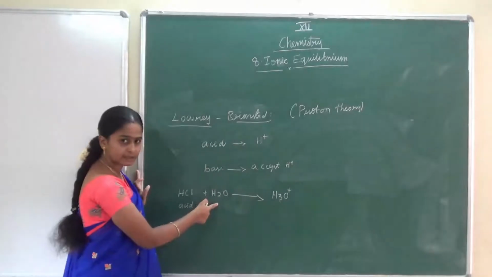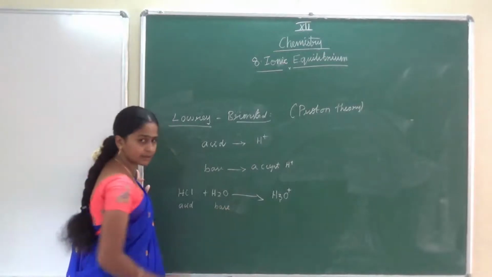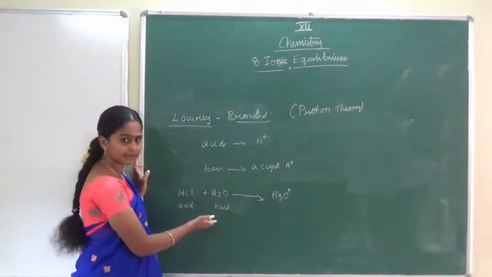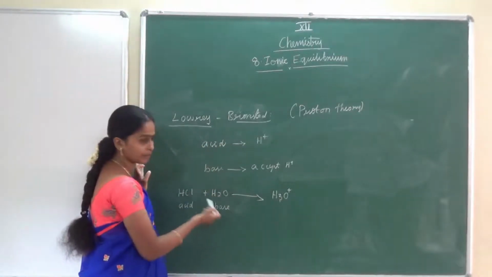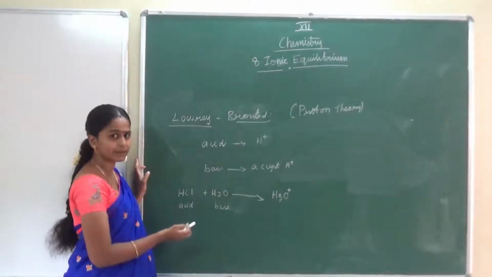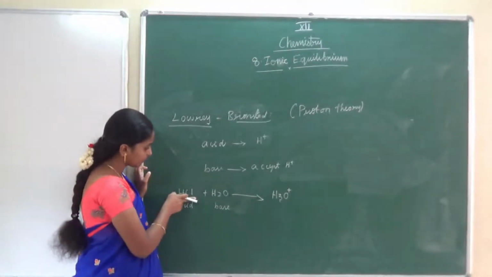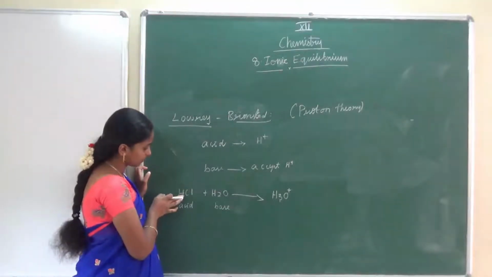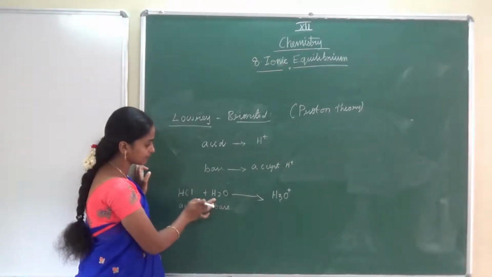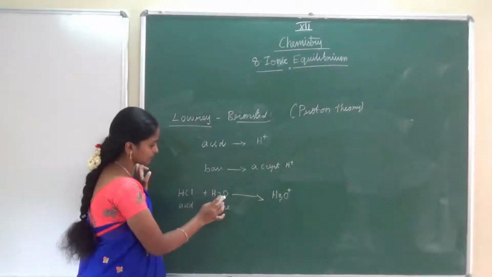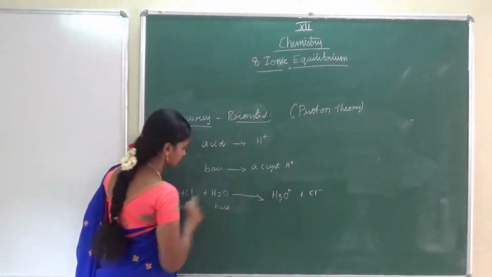Okay, so it has a tendency to accept the proton. So we can say this is a base. Can you understand? Now the water is acting as a base here according to Lowry-Bronsted theory. From here itself we can say it has some limitation. We are going to see that also. So now HCl is the acid releasing H plus. Here the base is accepting H plus. Next, plus Cl minus, the Cl minus which is released here.